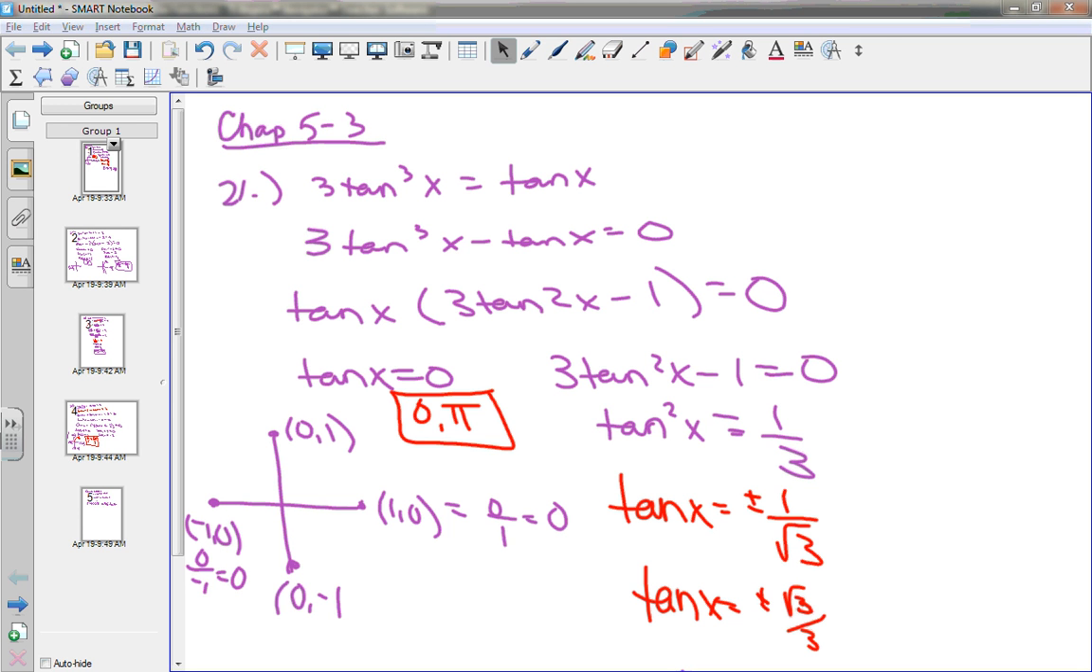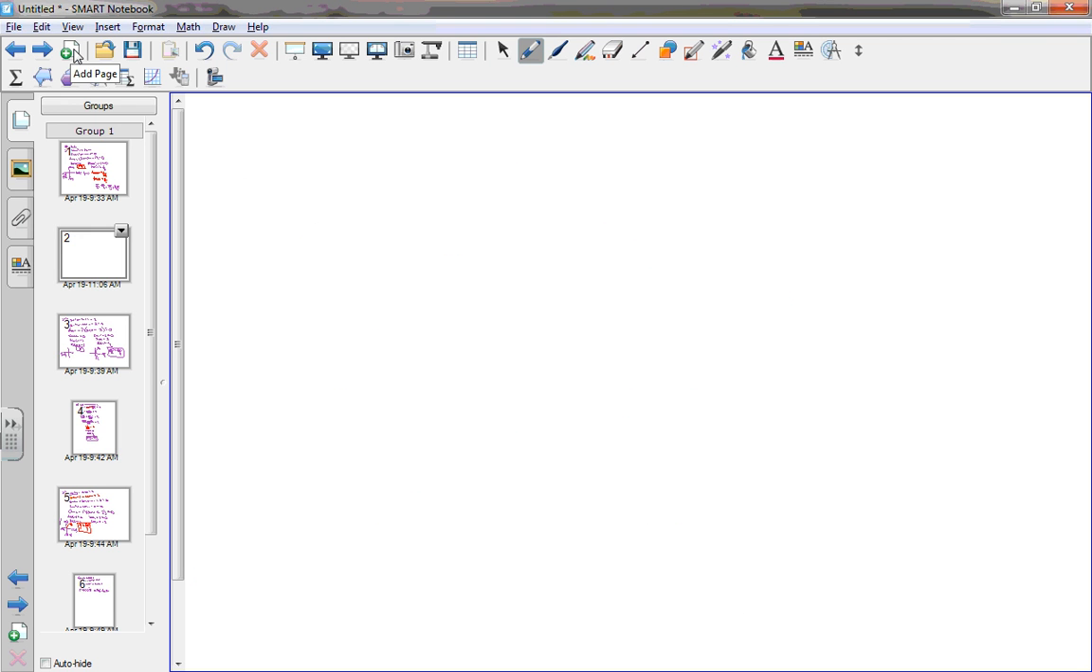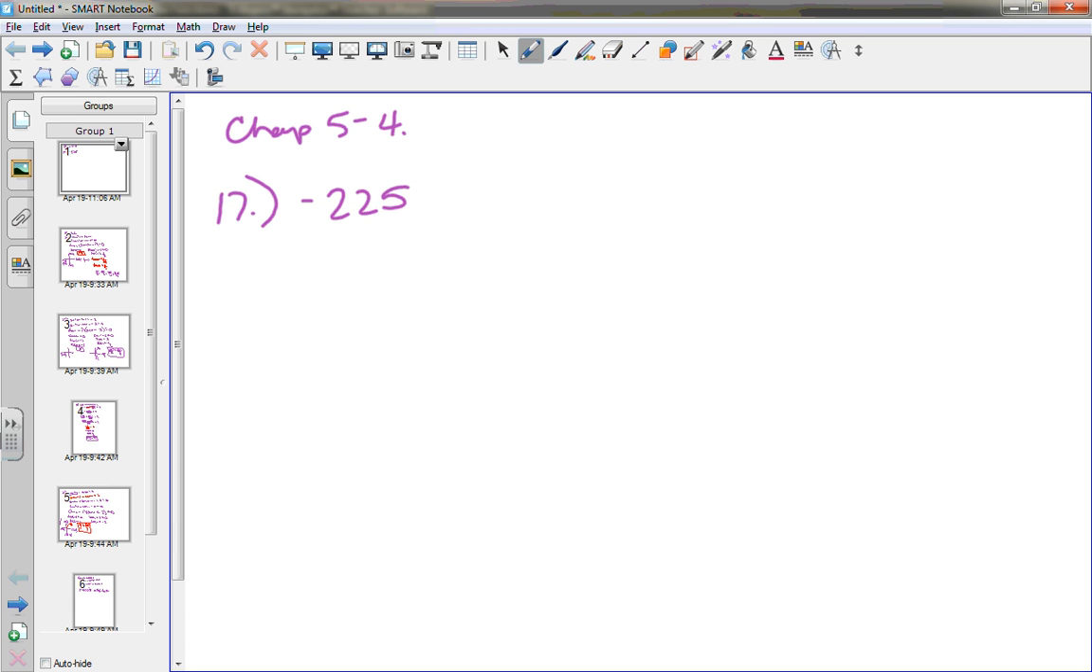Whenever we have to find a problem from a section, give me a problem and I will do it. I'll go with 17. 17 from which section? 5-4. Actually, she had a 15. Negative 225. Now,